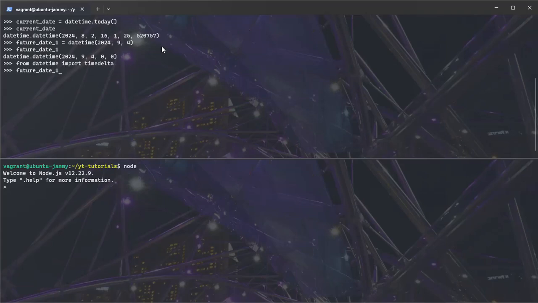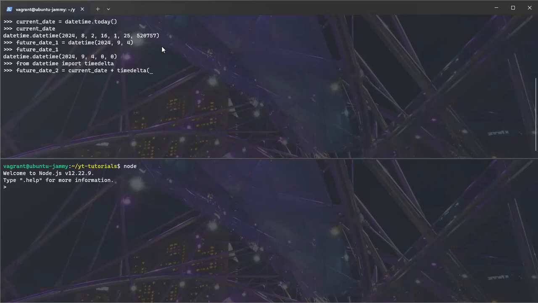Good. So now we say future date 2. In this case, I'm going to be using timedelta to extend the dates with respect to the current date. So I can say current date plus